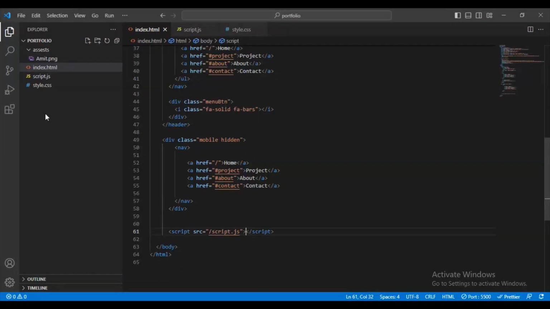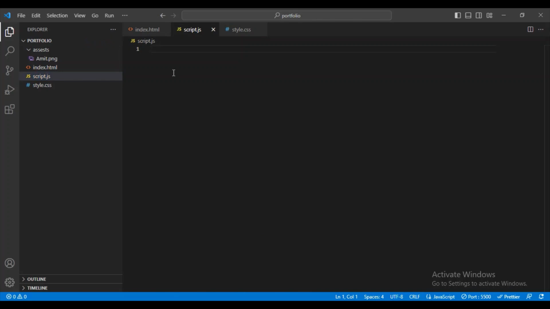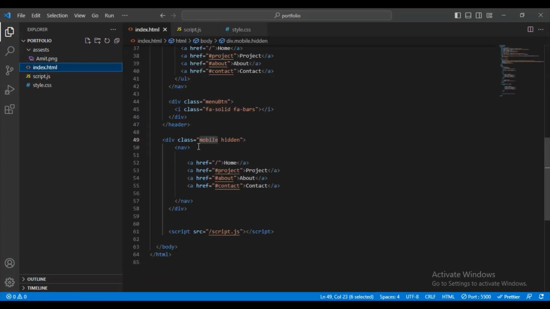Okay, now in this script file I want to access this menu button, like this mobile menu. For that, first of all, when I click on this menu, where is the hamburger menu, this one,